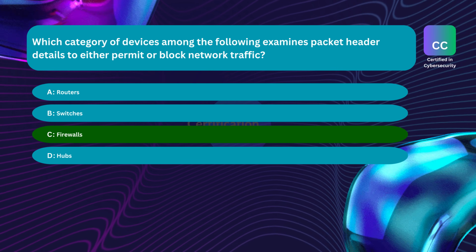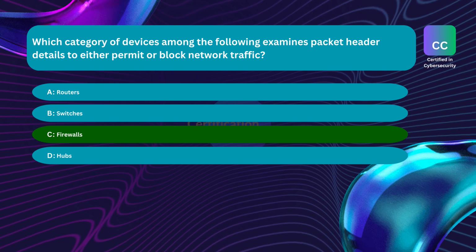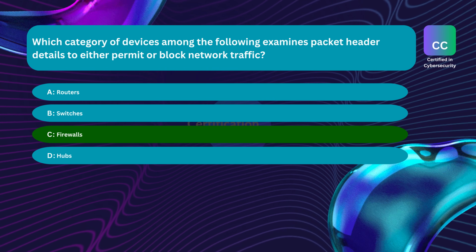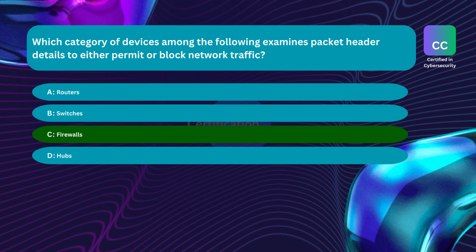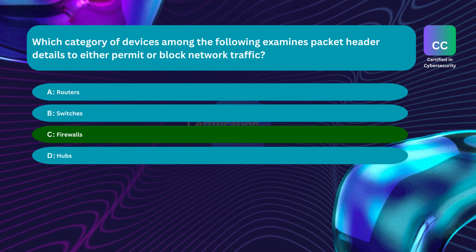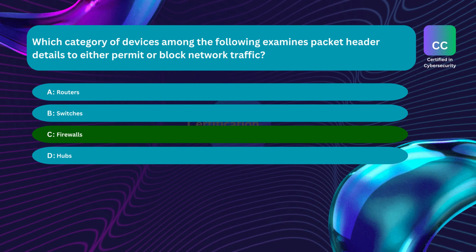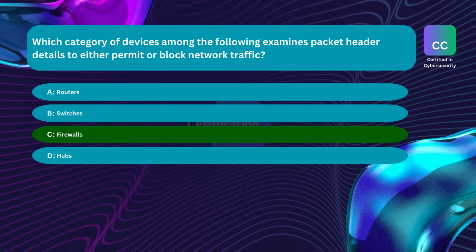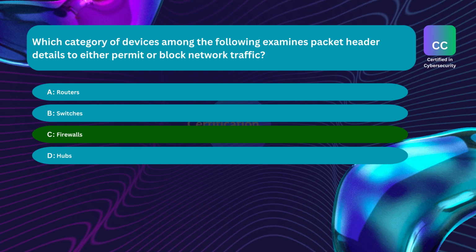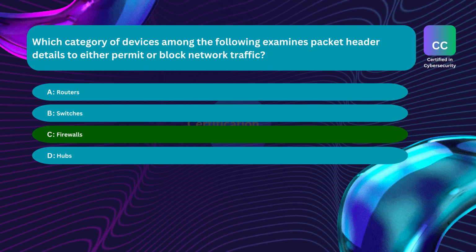Routers, switches, and hubs have limited packet filtering capabilities, or none at all. A router is a device that acts as a gateway between two or more networks by relaying and directing data packets between them. Hubs broadcast packets between ports so that all segments of a LAN can see all packets. A switch is smarter than a hub and can forward packets between network segments instead of copying them.